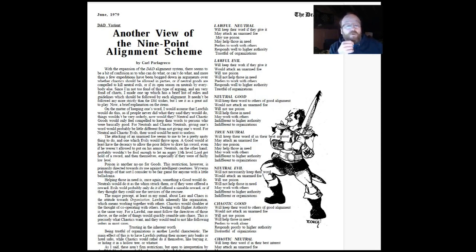Lawful evil will keep their work if they give it. Is that an intentional typo? Or is it will keep their word if they give it? Yeah, but they'll be slow to give their word. So if they give it is the key there. Would attack an unarmed foe. Yeah, generally, if they've got something to gain from it, will use poison. Will not help those in need. Well,